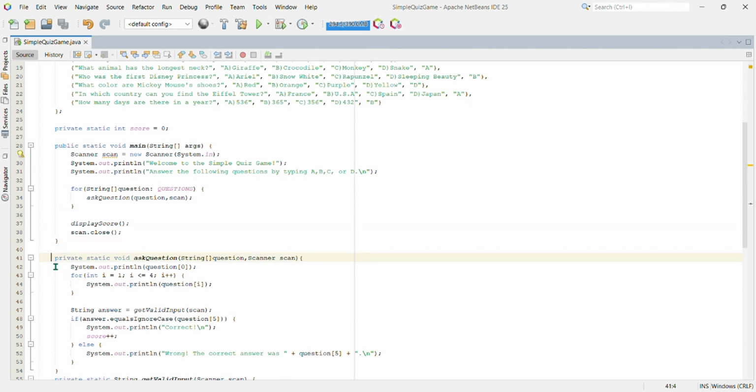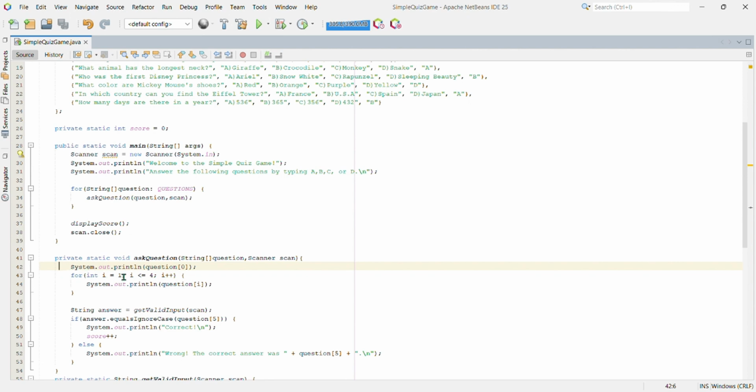And private static void askQuestion. This line declares a private static method called askQuestion, which takes a string array representing a question and a scanner object as arguments.